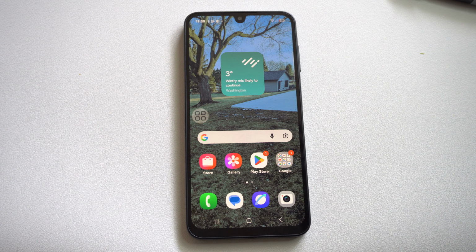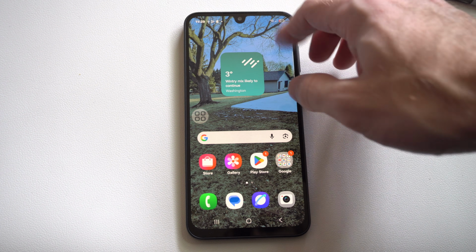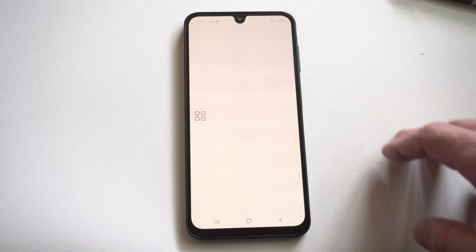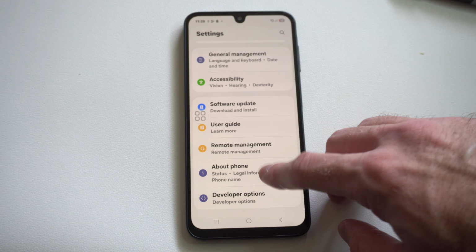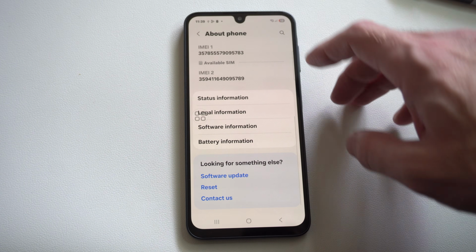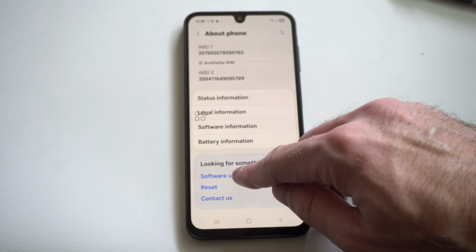Today in this video I'm going to show you how to update the Samsung phone software, and I'll show you how to do this with the system software as well as the app. So let's go to the top right and go to settings, and then scroll all the way down to the bottom, go to About Phone. Tap this and then scroll down under here, and we want to go to where it says software update